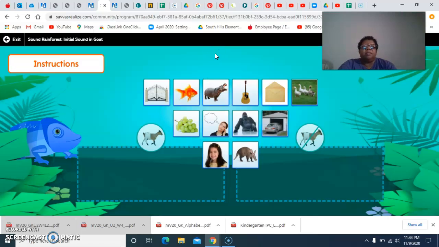Okay, so first let's say the pictures. We have gate, goldfish, hippo, guitar, envelope, geese,